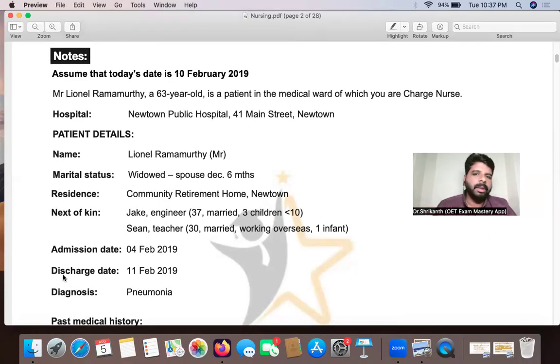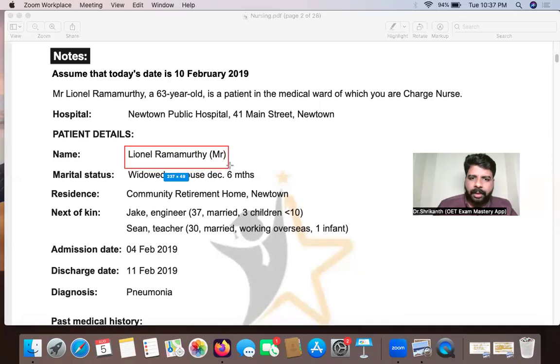So my suggestion is, when you get a writing question paper and you see this patient, so what's the patient's name? The patient's name is Mr. Lionel Ramurthy. You see this patient as if it is your own patient. That is, you have seen this patient in real life, you have treated this patient, and this is your own patient. This is the situation of the patient, and these are the medical needs of the patient, and we need to improve the quality of life for the patient. So that mindset change should come.